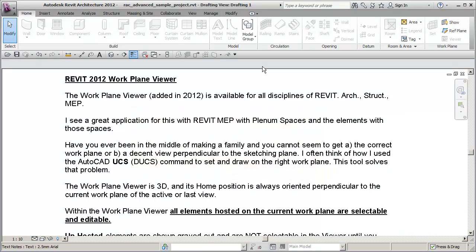Welcome to our REVIT 2012 Work Plane Viewer series here. And of course, I say this all the time, a lot of the stuff we teach here at CADclips is really applicable to all the different vertical disciplines of REVIT, be it architecture, structure, or MEP. So this is good for everyone basically. So in 2012, REVIT added something called the Work Plane Viewer, which is on the Home tab at the very